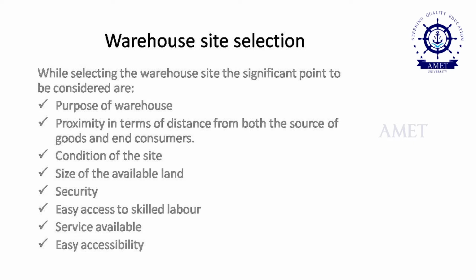So, you have to select a place in such a way, and then the condition of the site, where the condition is nothing but the socio-economic conditions, how easily it can be accessed by the people, the workers, as well as the vehicle, whether you have proper roads and proper water usage etc., and electricity without any kind of interruption. So, all these things you have to consider when selecting the site.